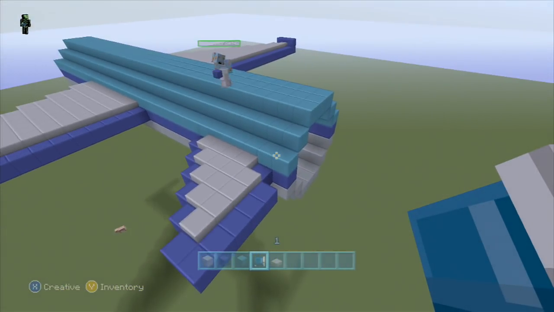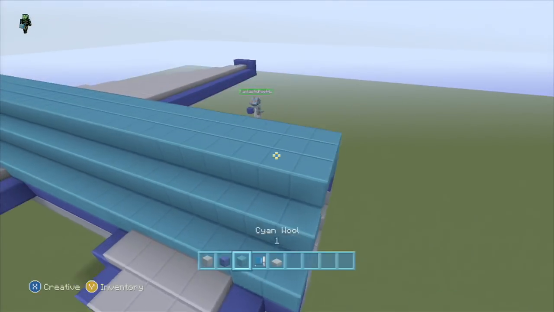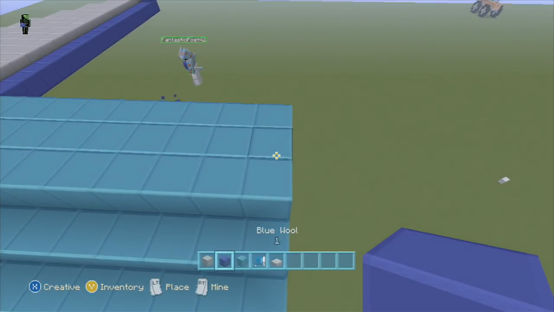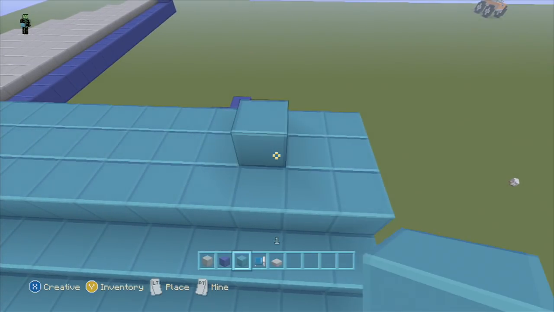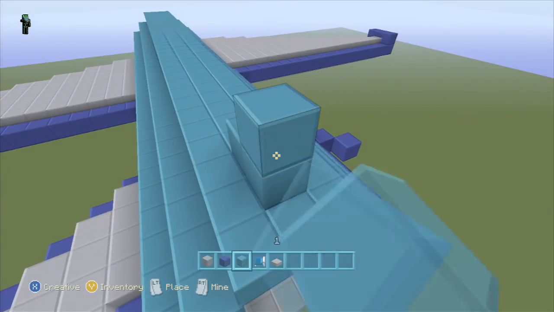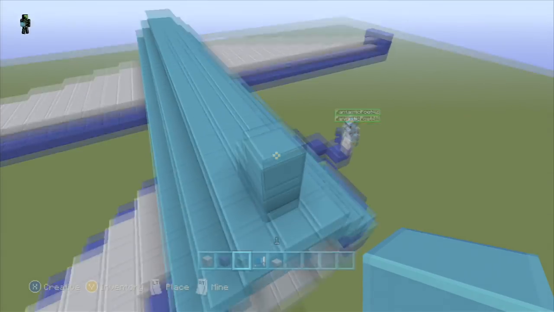If we want to start on the wing, the best way to do it is from the edge. You're gonna come over to... I'm gonna start just a little stair step like we did before, and it's gonna be 6 high.